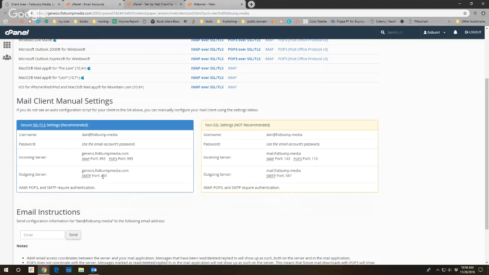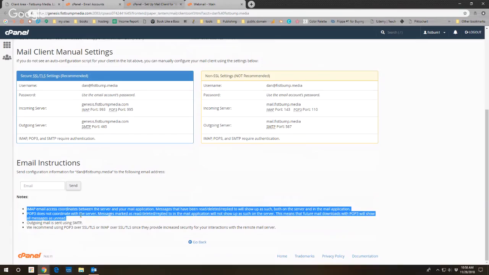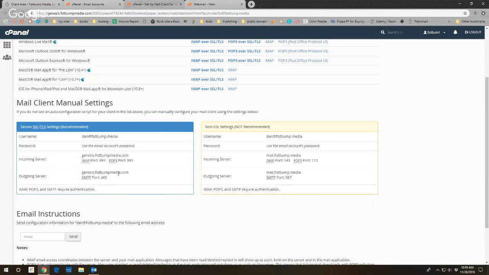And then you'll need a port number that it's going to talk through for incoming and outgoing, right? For outgoing, it's all the same, it's 465. For incoming, there are two different ports, depending on whether you're using IMAP or POP3. And if you're curious, down here there are definitions of what IMAP and POP3 are. But just for simplicity's sake,